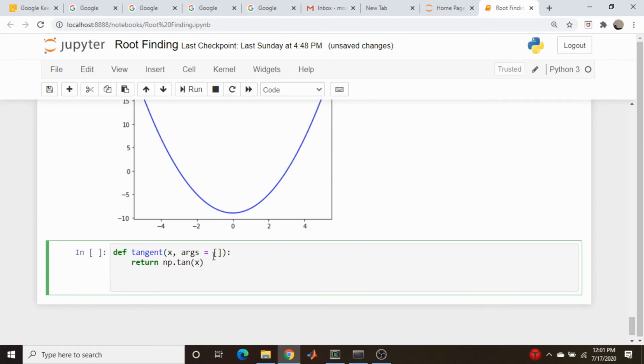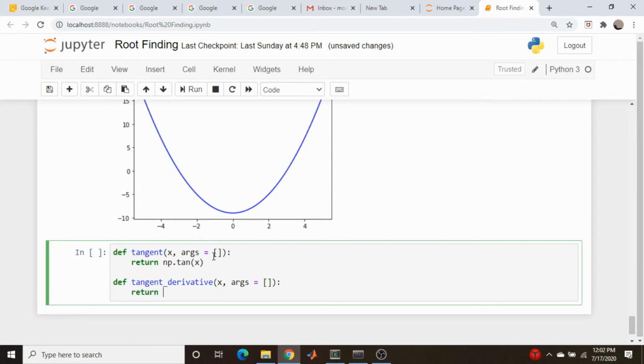We're going to need a derivative, so def tangent derivative x, args is equal to an empty list. Return np.secant of x, and I believe it's that squared. So let's go np.power